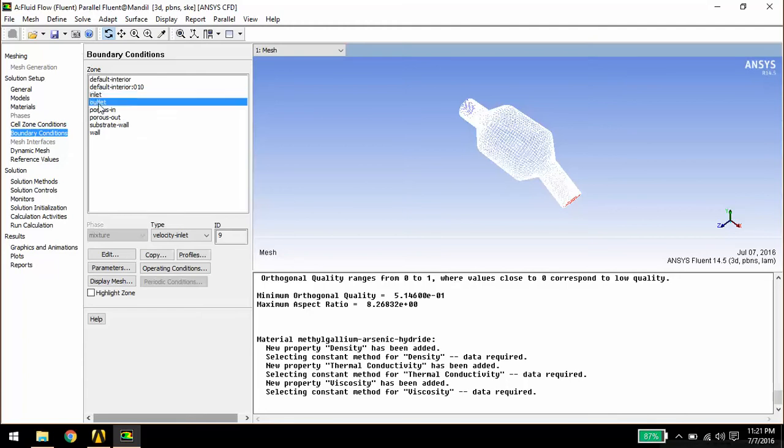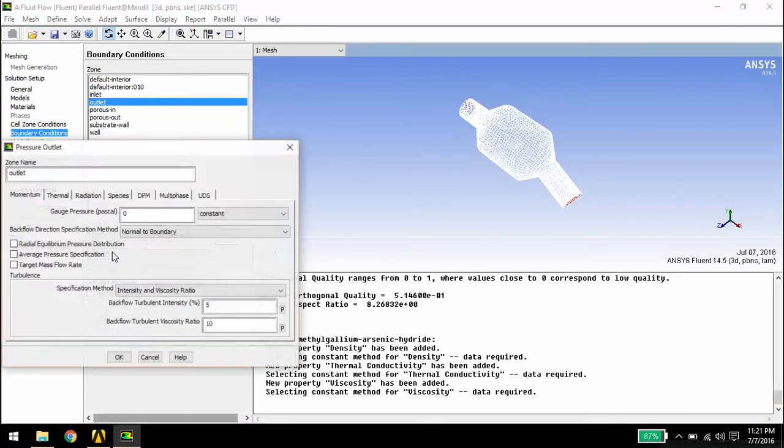Then for outlet, pressure outlet, press edit.